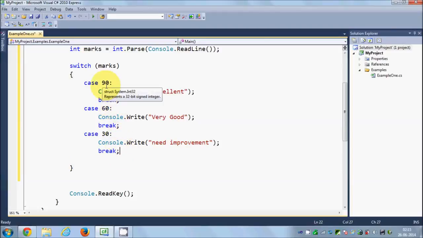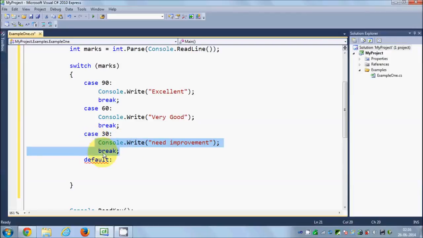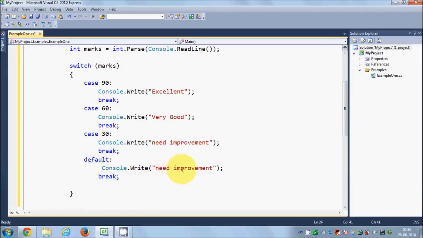Now for example, the user has entered some value which is not 90, 60 or 30. Then for dealing with such cases we use default. What this default does is, it catches all the values which are not in these conditions, which are not provided in these cases. Okay, so this is the default case for us, and in the default case I will just copy this, paste it here, and I will say